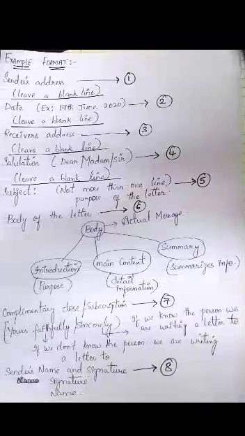Then the sender's address is followed by the date just below it, on the right hand side of the page. This is the date on which the letter is being written. It is important in a formal letter as they are often kept on record. Okay, then after the date, leave some space. Then comes the receiver's address. After leaving some space, we print the receiver's address on the left hand side of the page.